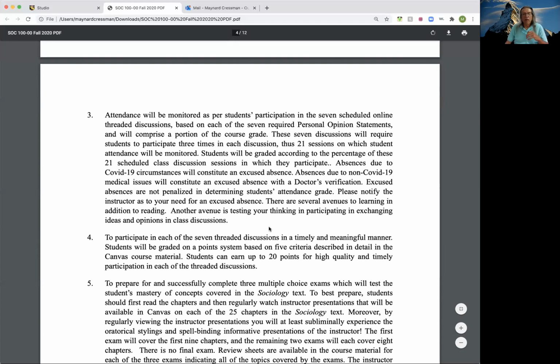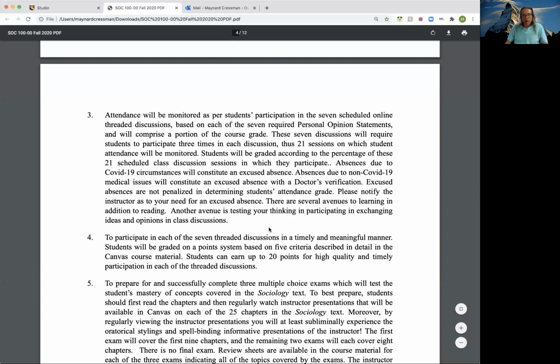Your second posting must be done on Wednesday. Well, what if I'm busy on Wednesday? Can I do 2 on Monday? Yeah, you can, but you won't get credit for the second one. You got to do it within the time frame. Your second posting on Wednesday will be not to one of the personal opinion statements, as you did on Monday and Tuesday, but instead to what somebody else said in their posting. It doesn't have to be even the same student. You go to somebody else's posting in terms of his or her comment, and then you can comment on that. You have all day Wednesday, starting at 12:01 a.m. until midnight to make that post.